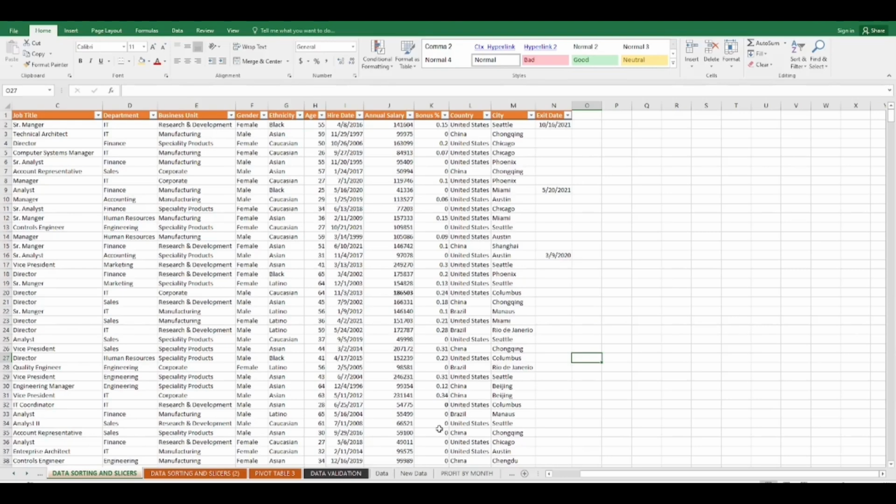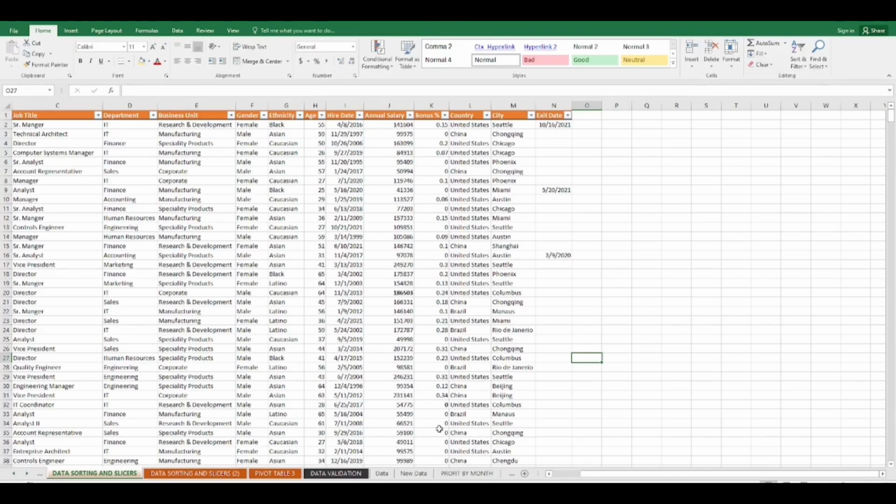Now, data sorting, just like data filtering, is very important in Excel because it helps you to better represent your data, give your data a clean representation, and more importantly, to evaluate